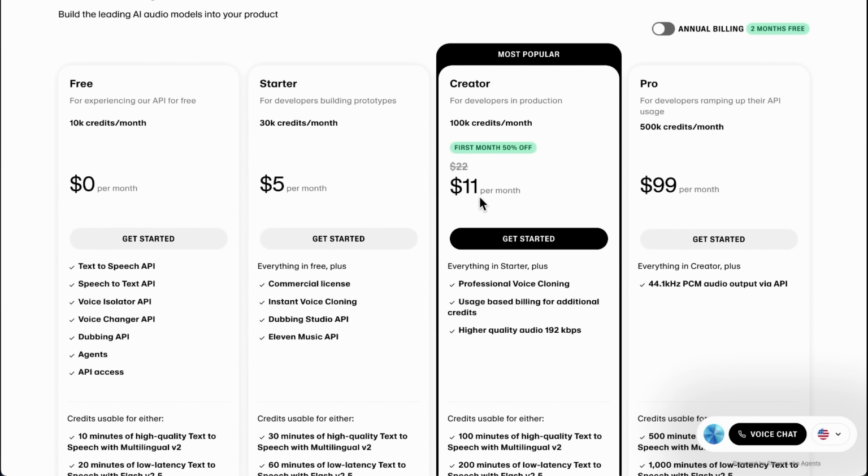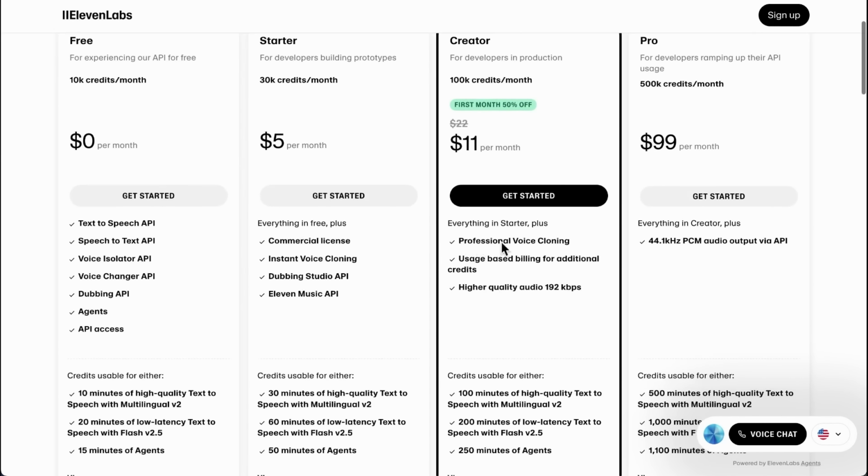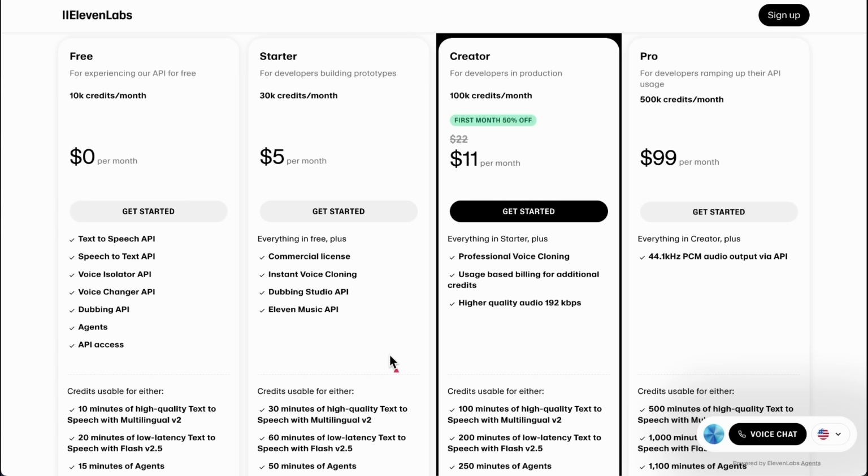So this is the plan that I'm on. I have my own professional voice clone, and at $11 per month, I think it's very fair. Having a high quality voice clone is pretty crazy. So if you don't want to clone your own voice and you just want to do an AI avatar voice,